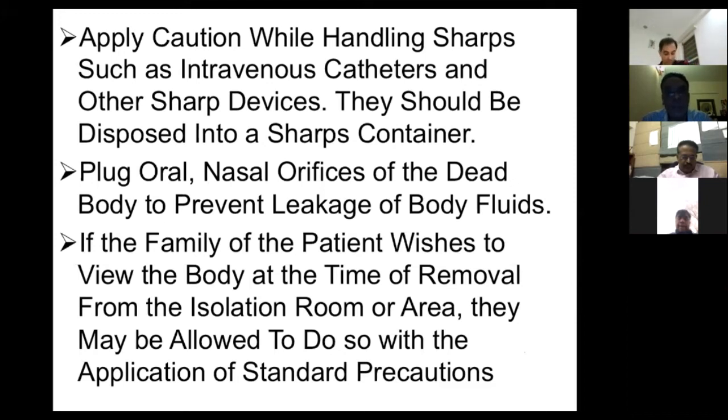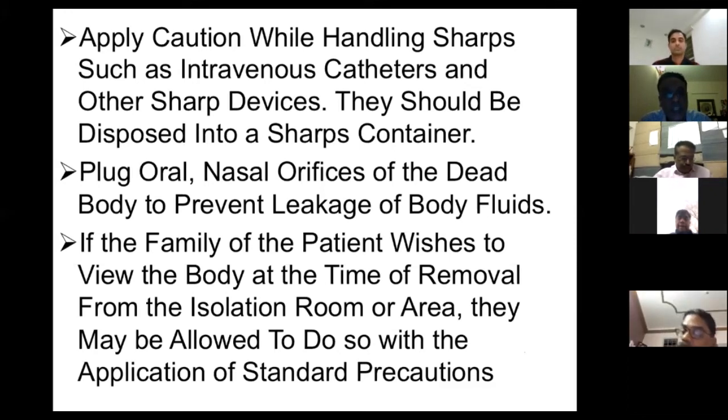If the family of the patient wishes to view the dead body at the time of removal from the isolation room or area, they may be allowed to do so with the application of standard precautions. In this situation, if at all we allow the relative, the dear and near one, to see the dead body, he can be allowed with distance. Obviously, if he's going closer, less than 2 meters, then he needs to have PPE with an N95